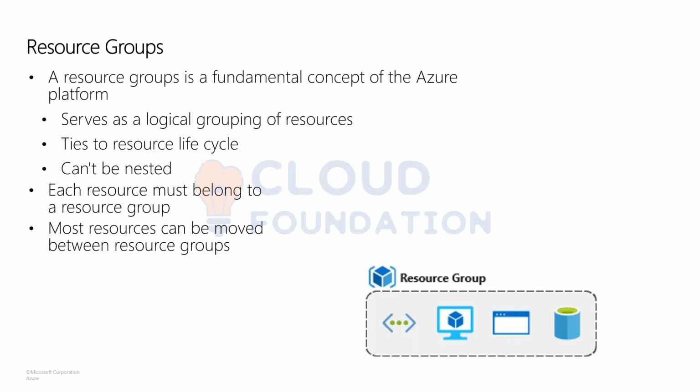Once it comes to resource groups, these are fundamental aspects of your environment. And if you see the diagram over here, it's a logical grouping. The dotted lines that you see are there because it is a logical grouping, not a physical grouping. So for a given customer, for a given project, for a given department, for a POC environment, you might go ahead and create a resource group. Within that resource group, you'll have the relevant resources, and this ties to the entire resource life cycle. So even for a project,